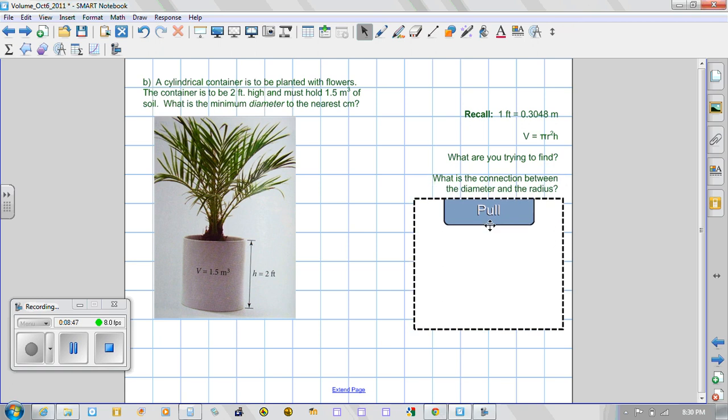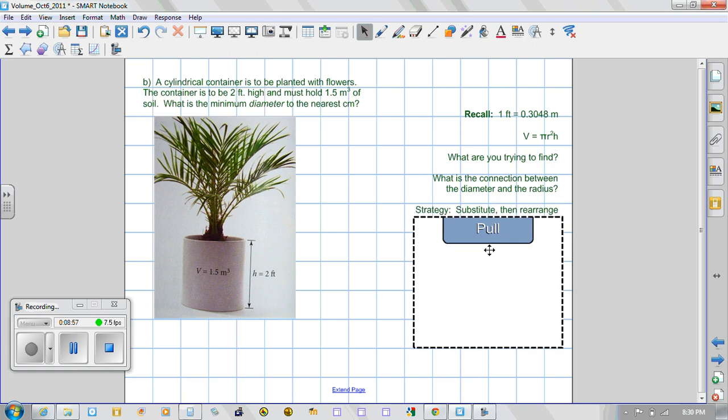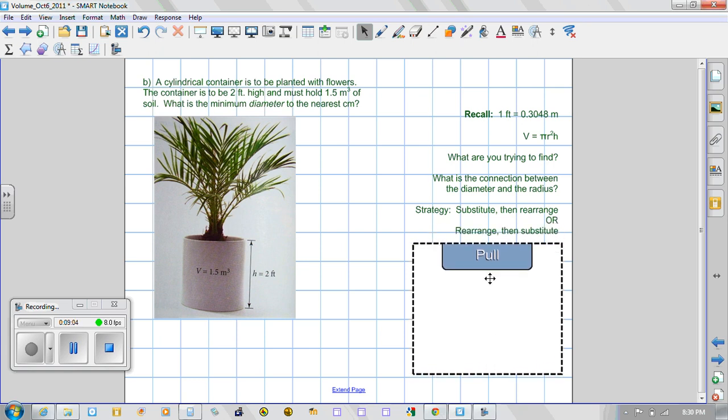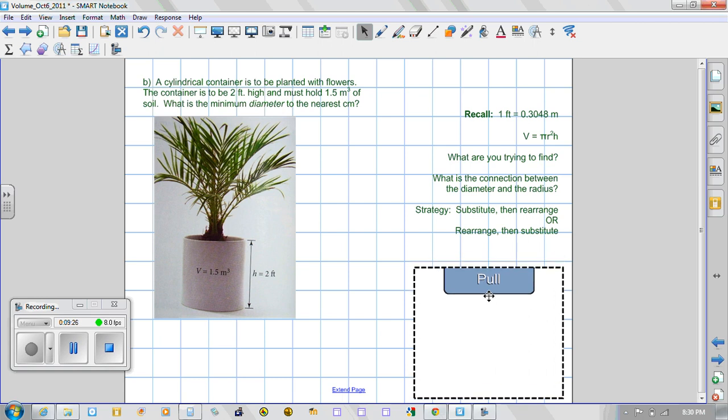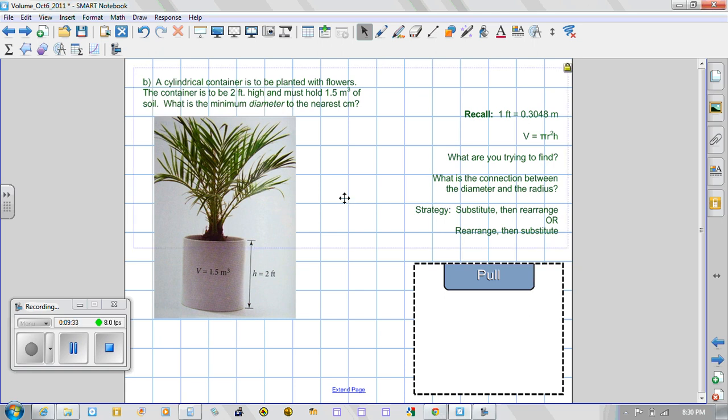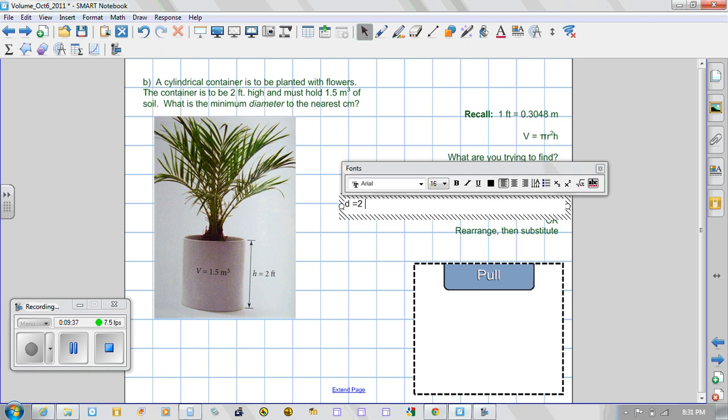Here's the big question. Remember, during our gazebo task in the first unit on trigonometry, the concept of diameter and radius were discussed, and I believe we came up with the fact that the diameter is twice the radius. So that's going to be important for us. Some other things that you might want to consider is, if I'm working with a formula, what am I going to be comfortable with? Am I going to substitute, then rearrange to solve? Or am I going to rearrange the formula, then substitute and solve? So a lot of different considerations. But I think most importantly, the one thing that we need to get by the end of it all is that the diameter is going to be double the radius,